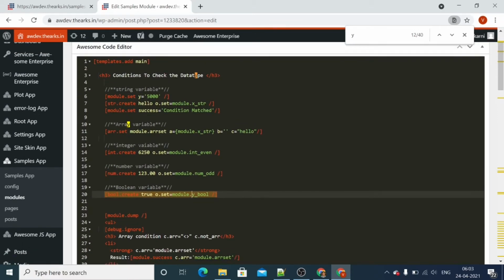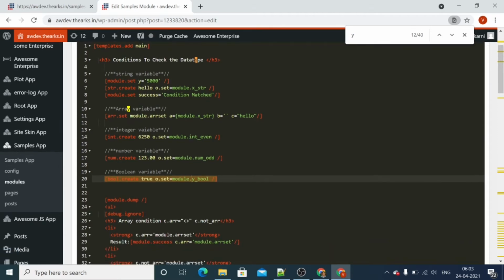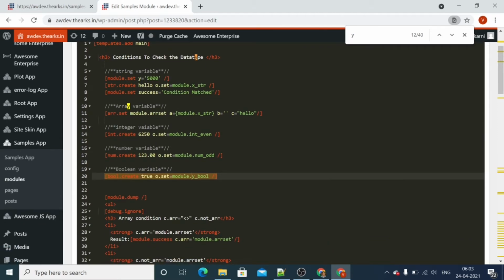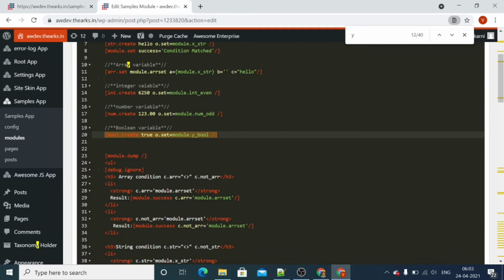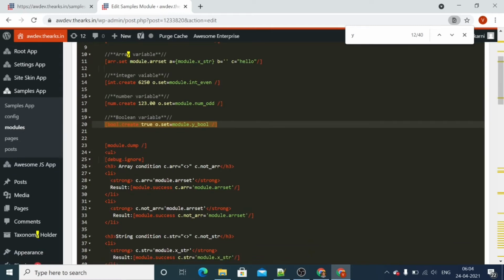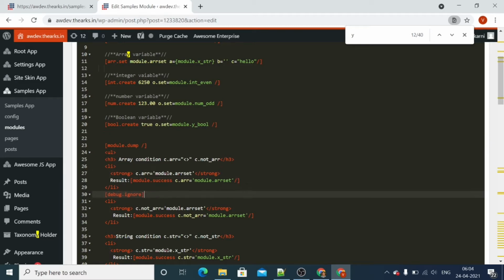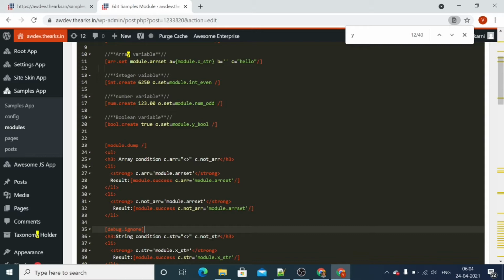Now we will check whether the variable is of that particular data type or not. First, we will check whether the variable is array or not. To check this, we have c.arr.